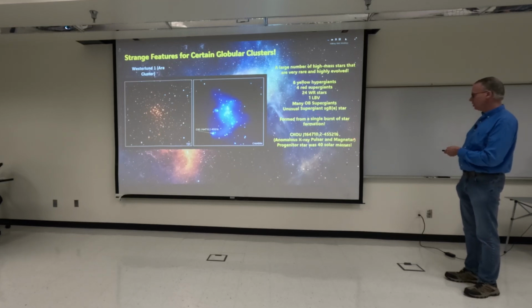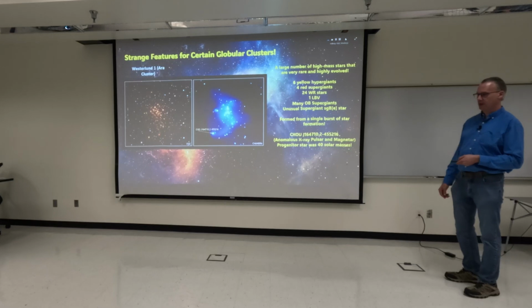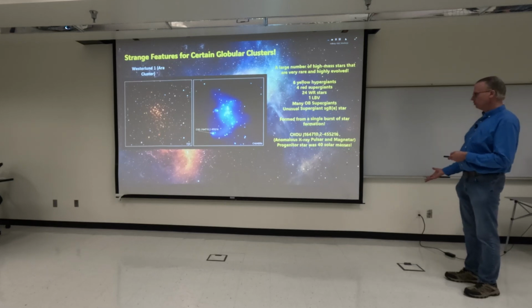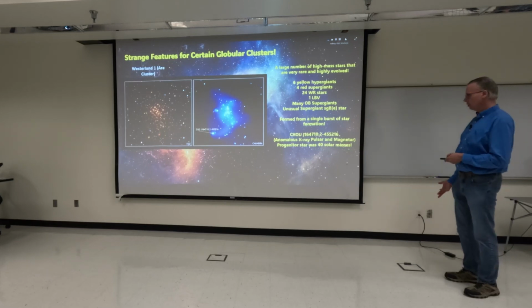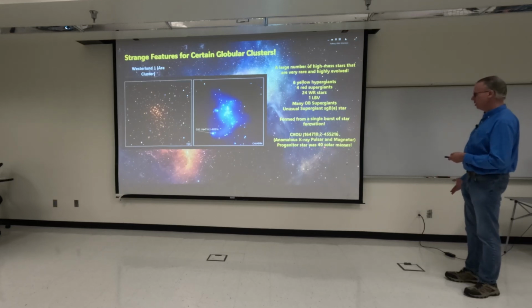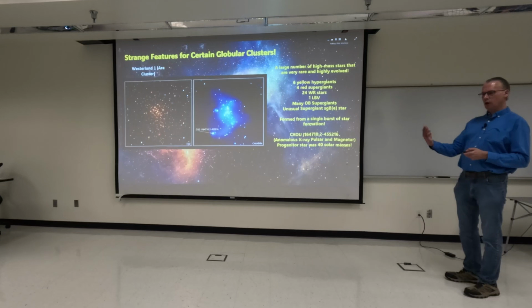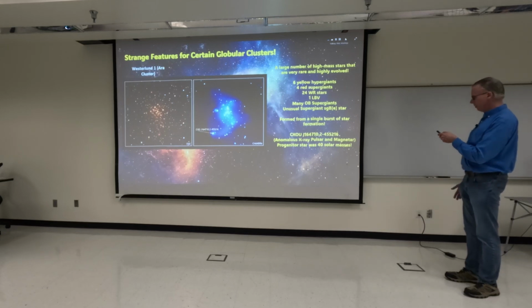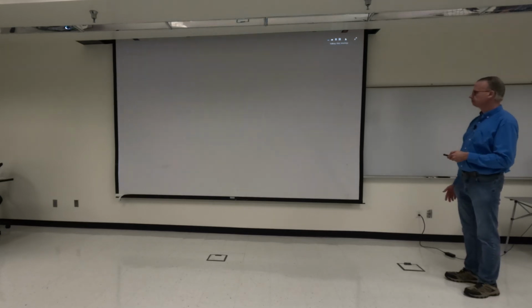There is this interesting X-ray pulsar, a magnetar, which basically is a highly magnetic pulsar, about 100 trillion times the magnetic field of the Earth, but it releases all these anomalous X-rays. Based on studying that, the progenitor star, the star where it came from, would be about 40 times the mass of the sun.